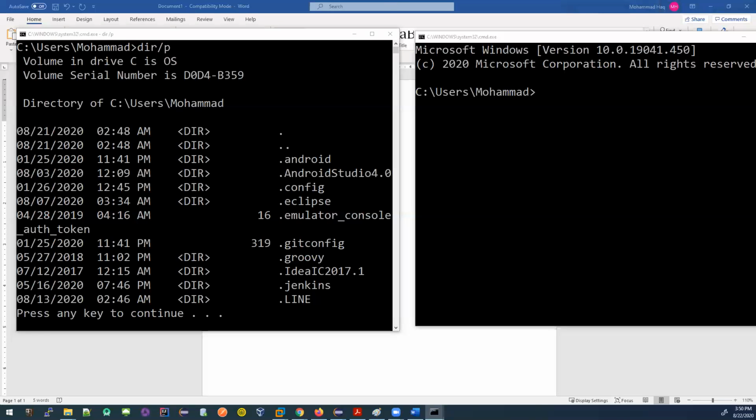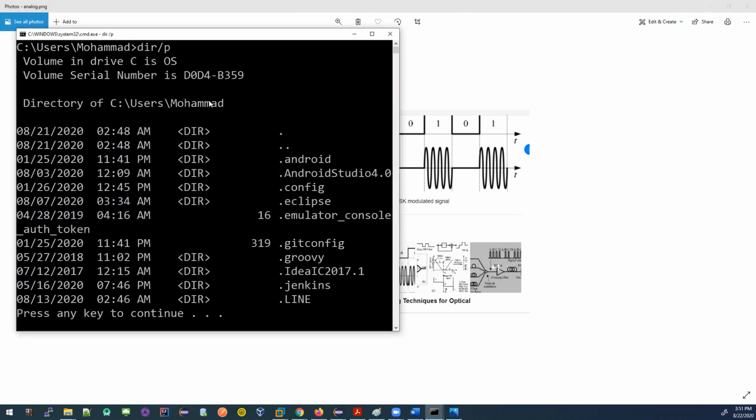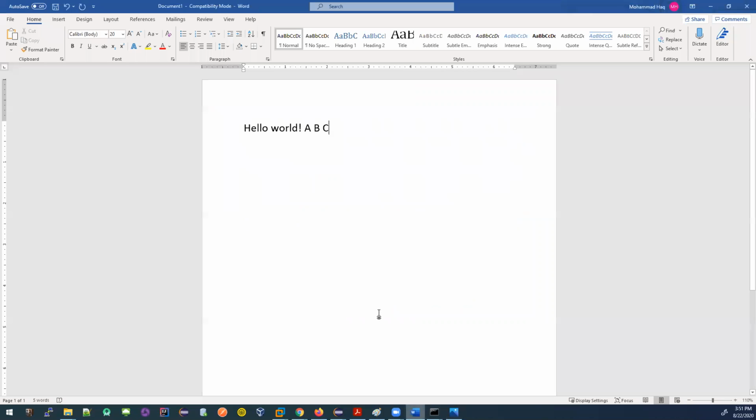Now let me open up something. Give me 1 second. Okay, I found it. Look in here. When you give some instructions like this command, it gets compiled. There is something in your operating system that converts it, and at the end it becomes zeros and ones.